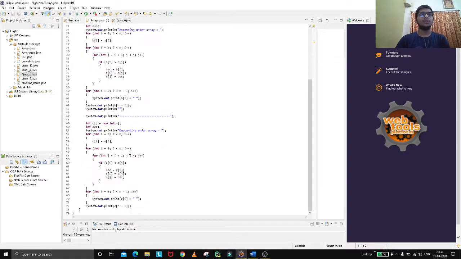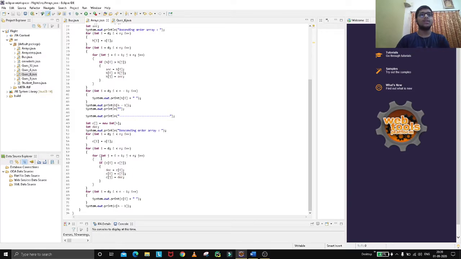Now the same goes for the other array, which stores the elements of the main array in descending order. With the same condition, we have created a for loop for copying the main array into a c array. Now for descending order we need to check that the value at the index should be less.